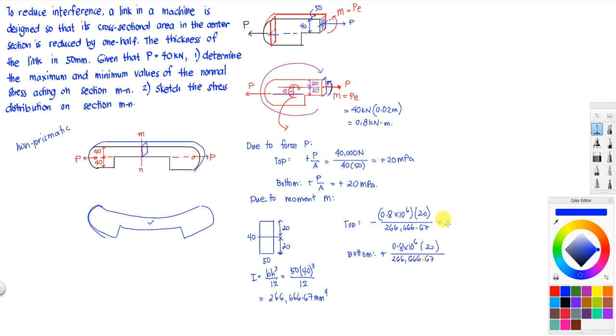266.67. Okay? So you can have this one. So 0.8 times 10 to the 6 times 20 all over 266. So you can have it as negative 60 megapascal. And then you have here positive 60 megapascal. So, pwede ko na ngayong pagsamahin. Okay? So, due to combined,